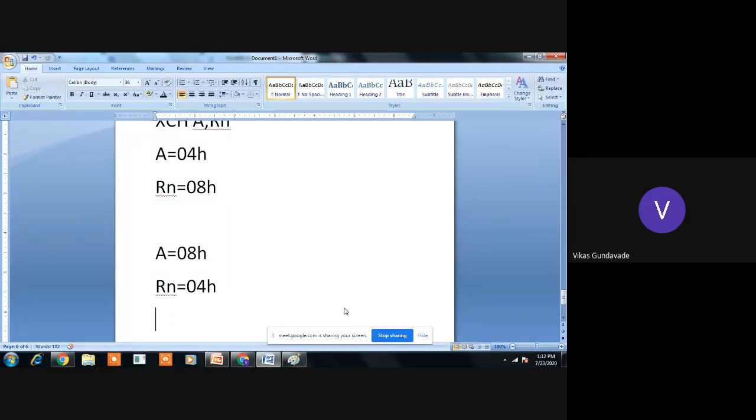Okay. So now the question is here. Previously, while starting the instruction set, what I have told, the data transfer instructions are copy paste instructions. That means from one register, the data will get copied into another one. Okay. So the same example we have seen as MOV A comma Rn. If suppose accumulator is having 04H, Rn is having 08H, and if the MOV A comma Rn instruction is getting executed, after that the new data in accumulator will be 08H. Similarly, Rn will have the same data 08H. Okay, because all the instructions are copy paste instructions.